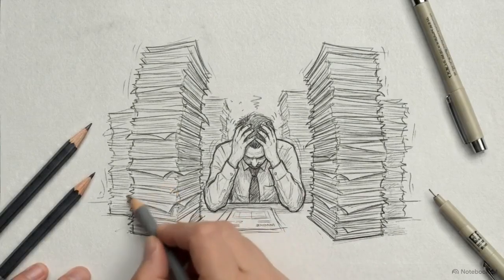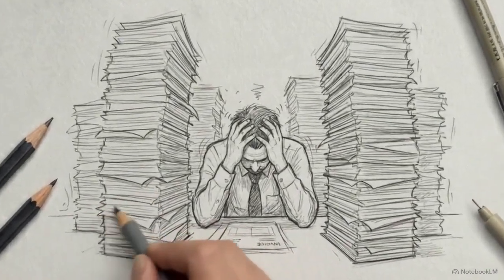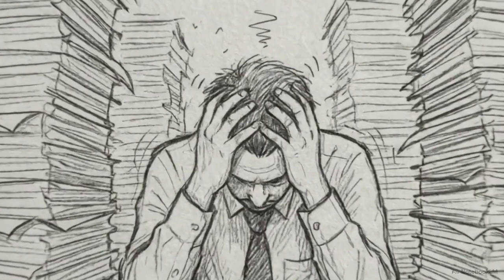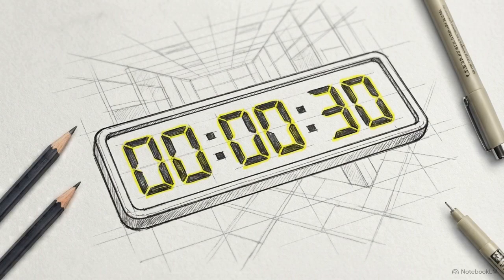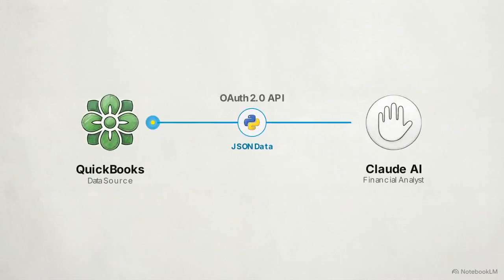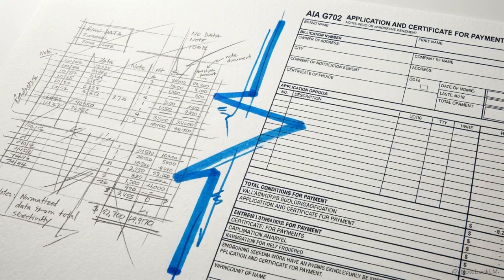A small architecture firm with 15 active projects spends about 6 hours every billing cycle on manual data entry. We are going to compress that exact workflow down to 30 seconds. We will connect the QuickBooks API to Claude AI to extract raw financial data, calculate phase budget variances, and automatically